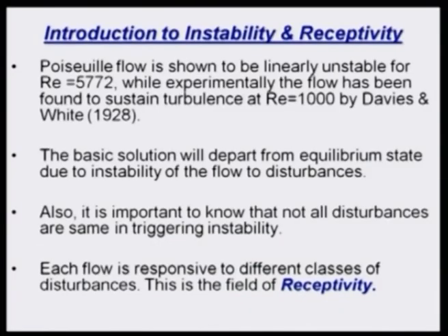Okay. There is somewhat of a difference that you see in channel flow, or what is called Poiseuille flow. This shows instability in the linear mode, but the critical Reynolds number that is predicted by linear theory is about 5772, whereas people have done experiments. For example, this paper by Davies and White shows that flow becomes unstable at a Reynolds number as low as 1000. So, this should also be cited as a failure of the linear theory, right. So, this is one thing that we must understand.